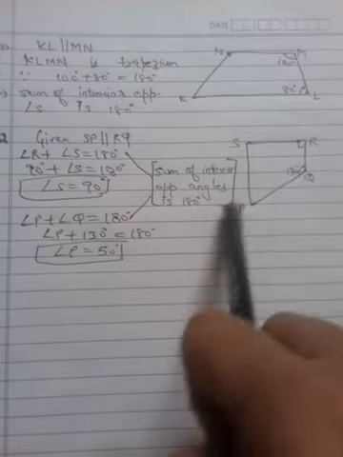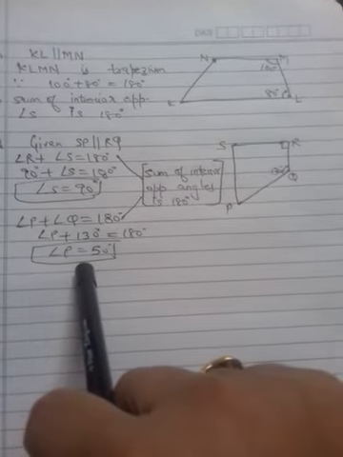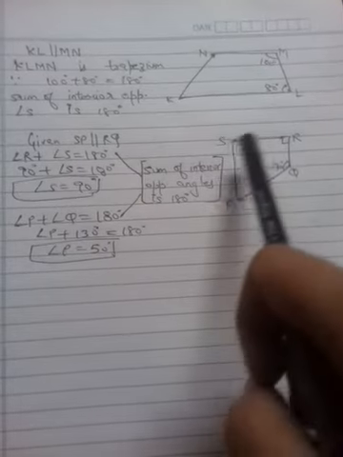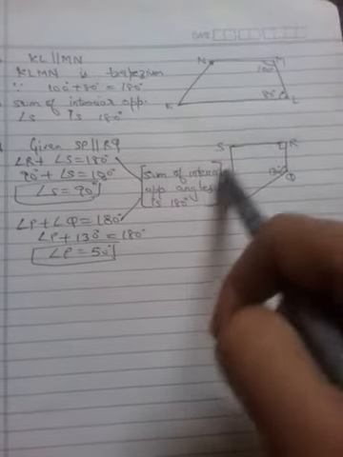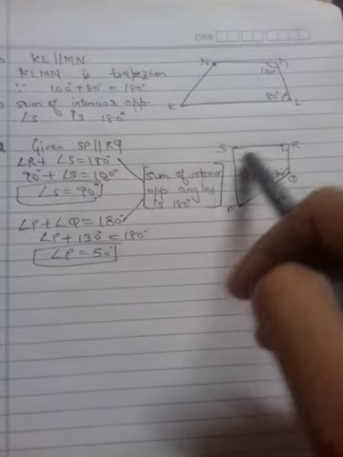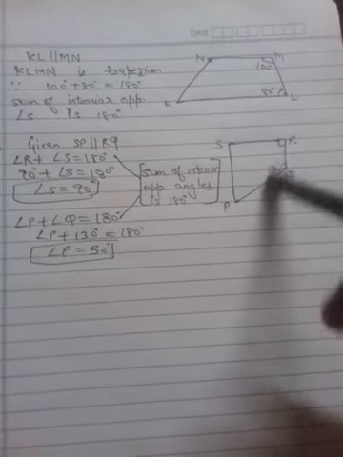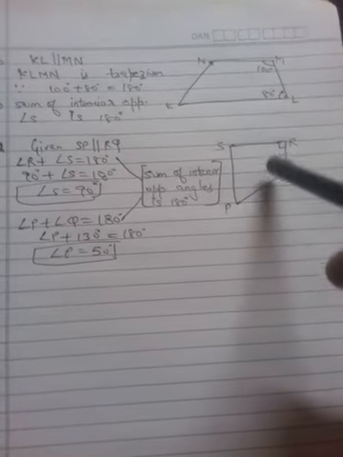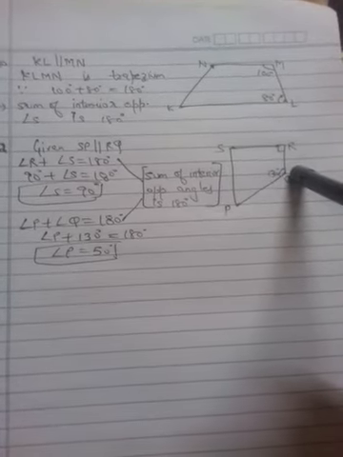Similarly, angle Q plus angle P is also equal to 180 degrees, because angle P plus 130 degrees is equal to 180. So angle P gives 50 degrees. But students, this is the property of a trapezium, that one pair of opposite sides is parallel, and on the sides which are parallel to each other, we have to find the sum of interior opposite angles, not the non-parallel sides. Because this is 130 and this is 90, it doesn't make 180. We have to use the parallel sides only.